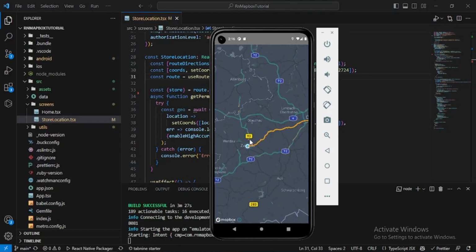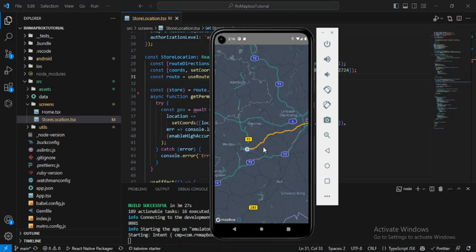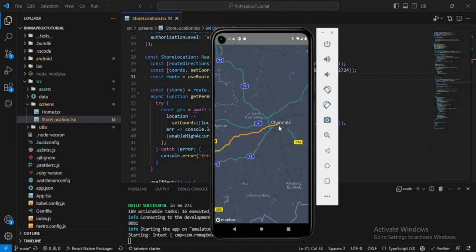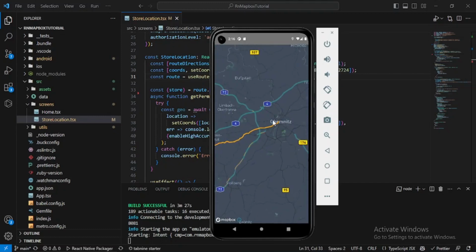This point right here is getting all its information from the user's current geolocation. So we are getting real data. They are not fake or hard coded, they are real data from my location, let's say, and this one here is the final location. Okay,